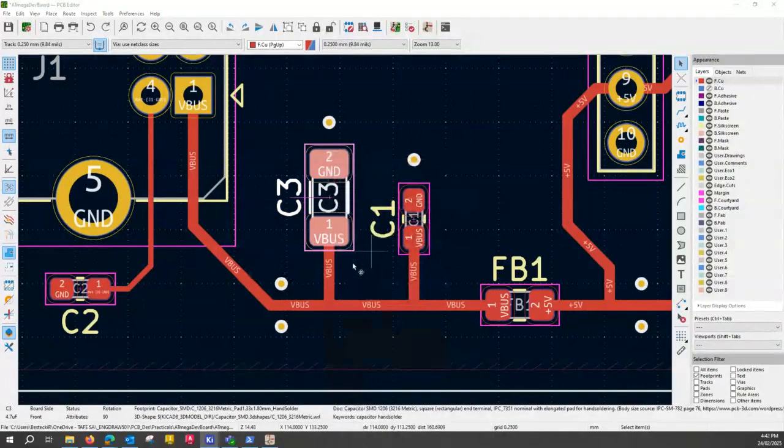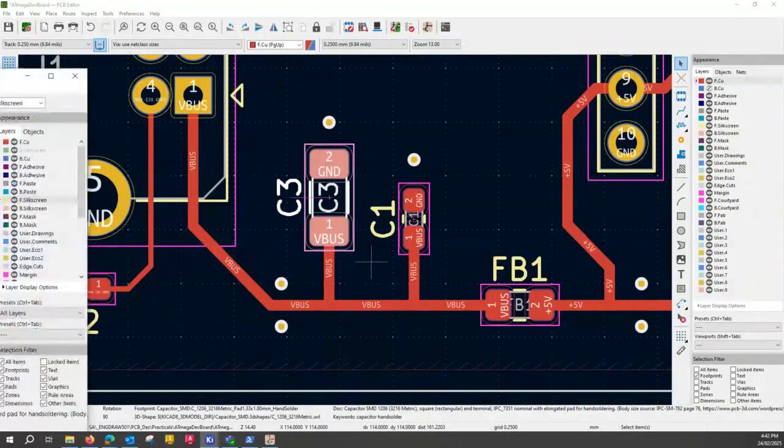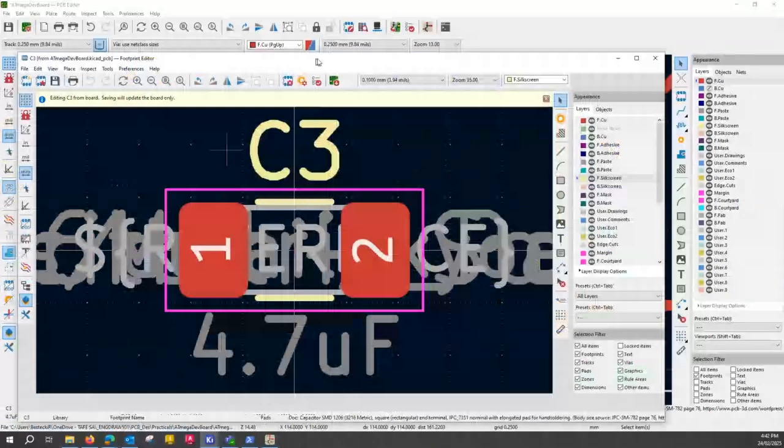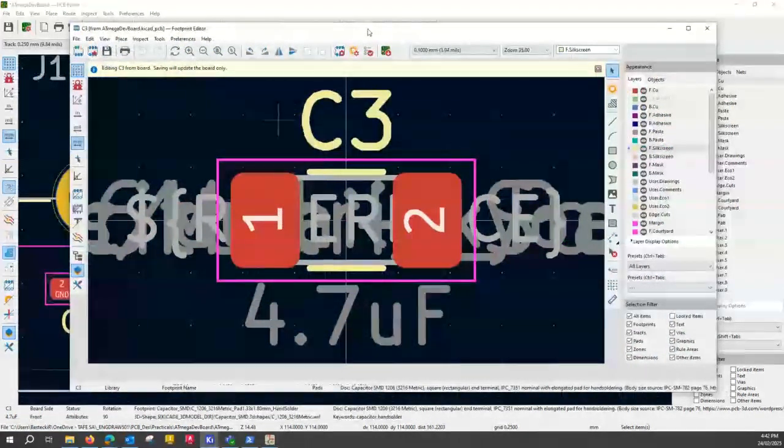It takes a little while to open. Come on, don't be so slow. Okay, it did open in another window. So there's a lot happening there, and obviously we are editing this footprint, and it says editing C3 from board,